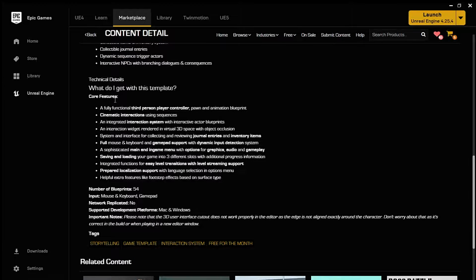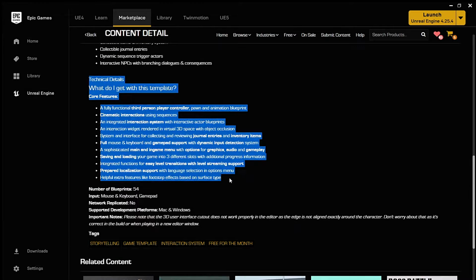So here are the core features: a fully functional third-person player controller, pawn and animation blueprint, cinematic interactions using sequences, an integrated interaction system with interactive actor blueprints, an interaction widget rendered in virtual 3D space and with object collision system, and an interface for collecting and reviewing journal entries and inventory items, full mouse and keyboard and gamepad support with